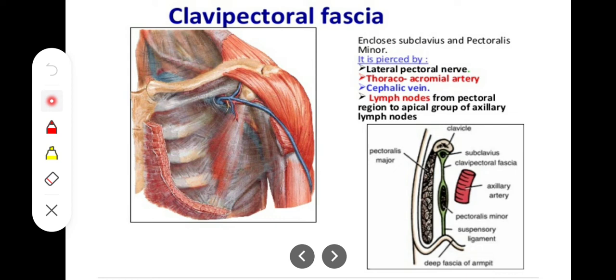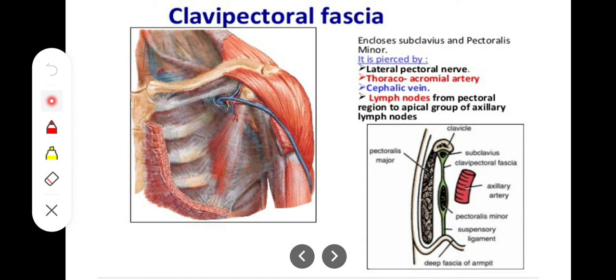clavicle bone, right. As we say, this is located just deep to the clavicular head of pec major muscle, and that is where the location of subclavius is as well. So right there, this fascia splits and encloses the subclavius superiorly, okay. And inferiorly, this same clavipectoral fascia splits and encloses what? The pec minor muscle,